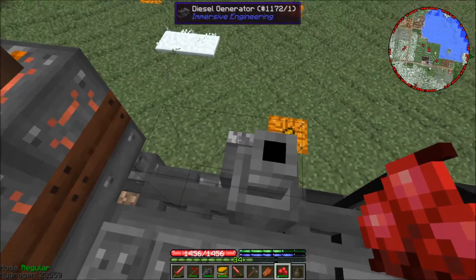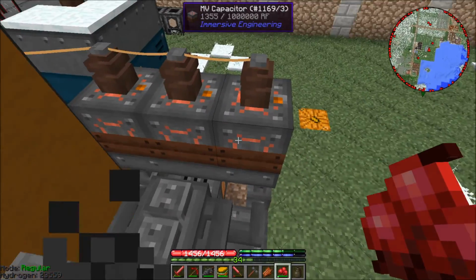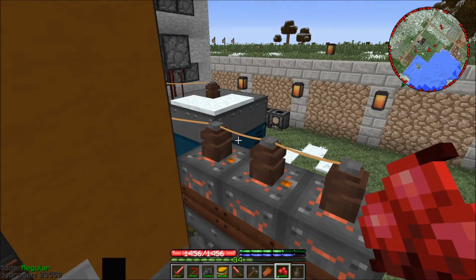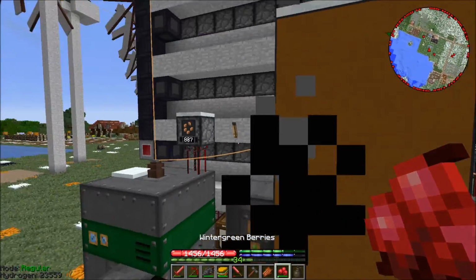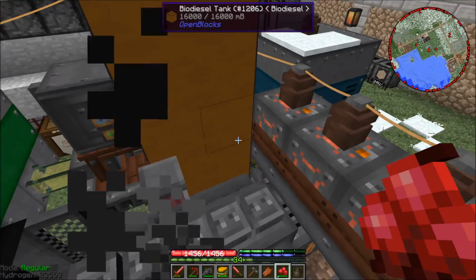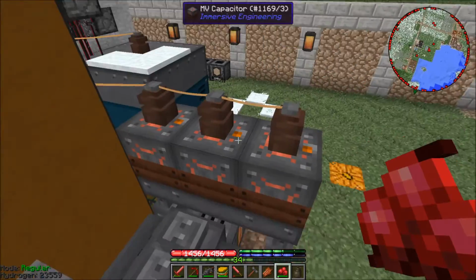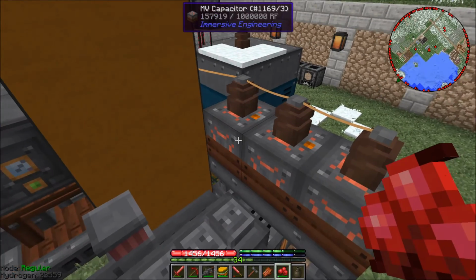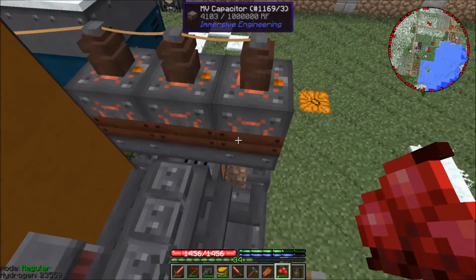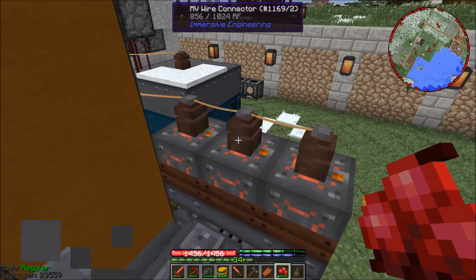So if we flip this thing on real quick, we will very rapidly fill all of these capacitors. Now the problem is these medium voltage wires will only carry 1024, or not volts, RF. What am I thinking? But it'll only carry that much away, so you can see some of the capacitors fill faster than others. And so what I'm going to have to do is set up some higher capacity transmission lines